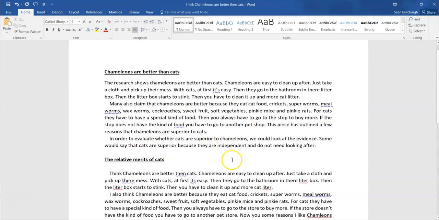Some would say that cats are superior because they are independent and do not need as much looking after. So for someone who's busy, who doesn't have very much time to look after their cat, cats might be a superior pet. Some would say that cats are superior, so then we could cite this article because that is where we got